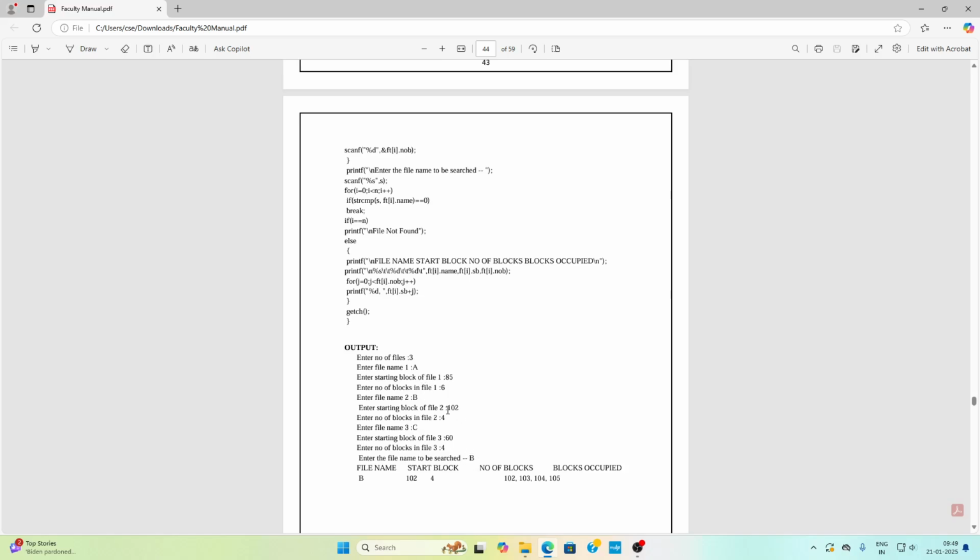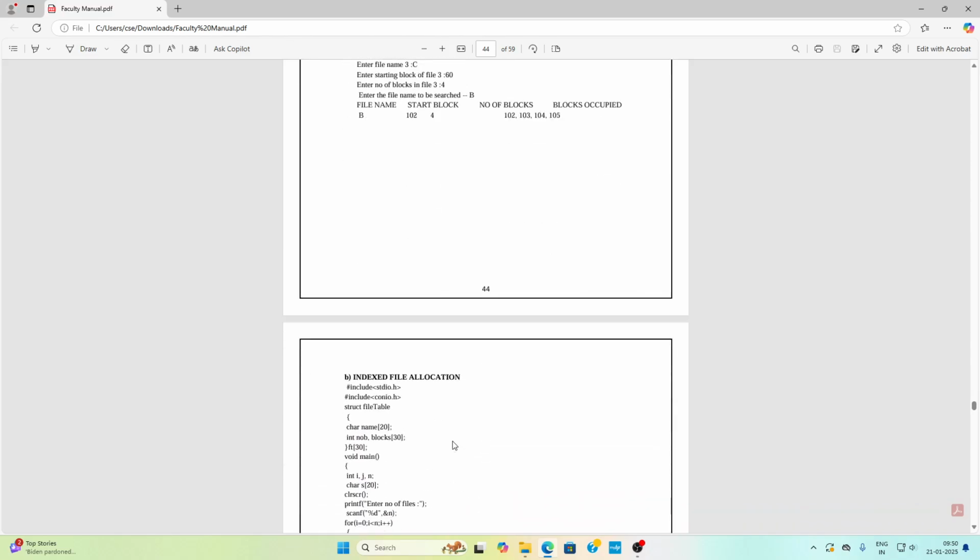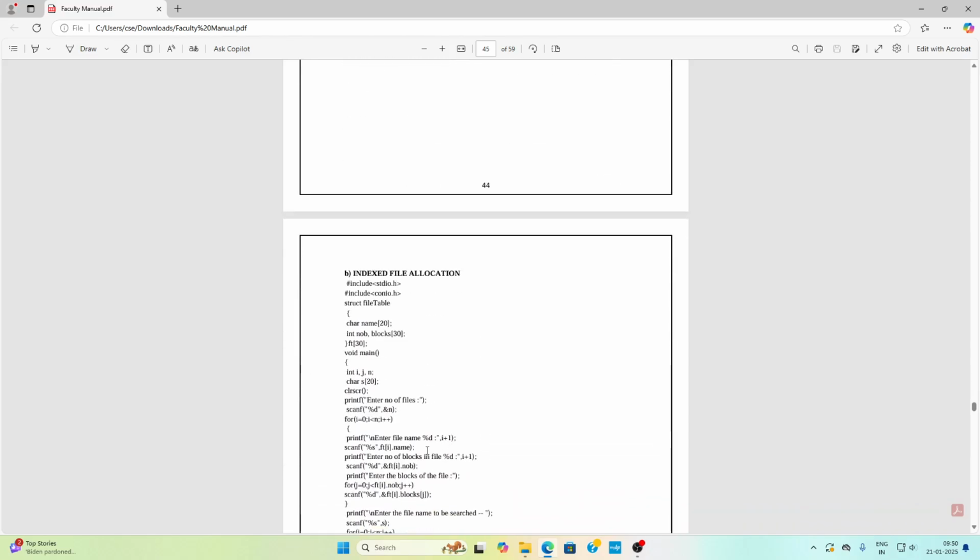Here for file b the starting number is 102, then the number of blocks is 4. So for file b we have to allocate only 4 blocks, and the numbering should start at 102. So the output will be 102, 103, 104 and 105. So this is the output for sequential file allocation. Likewise, indexed means, if you have to represent the indexed